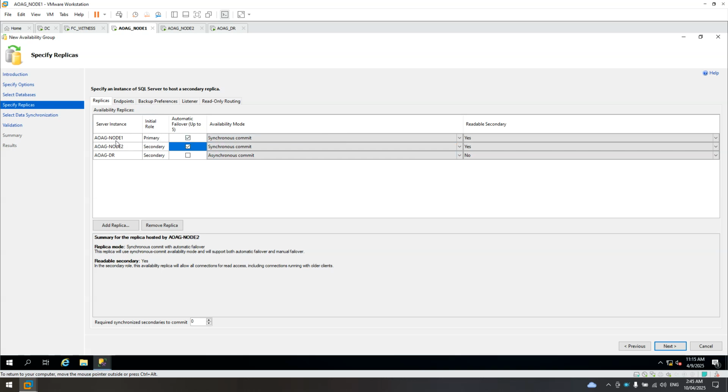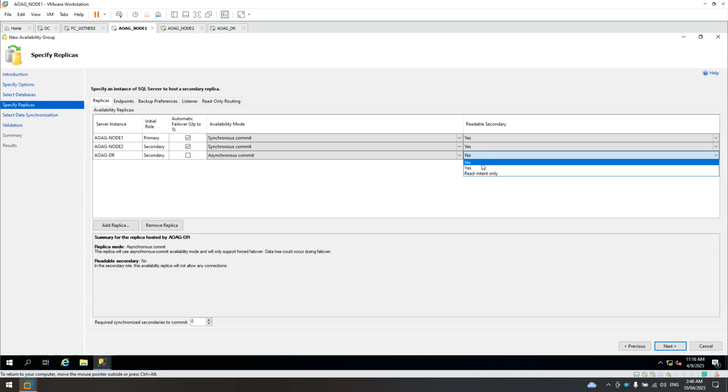Automatic failover for node 1 and node 2, but not the DR. Readable secondary, yes, on both node 1 and node 2, but not for the DR. And now we can make the DR readable also, as long as it's not automatic failover and it's asynchronous. That's okay, so that we can do some testing later.